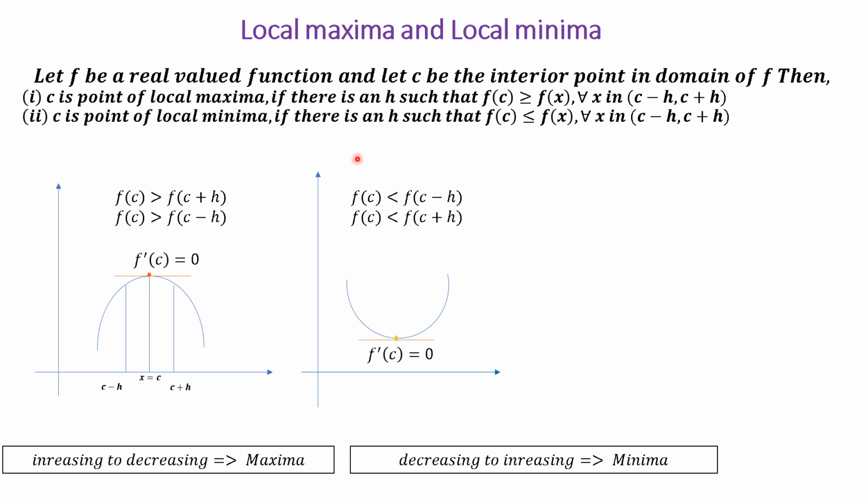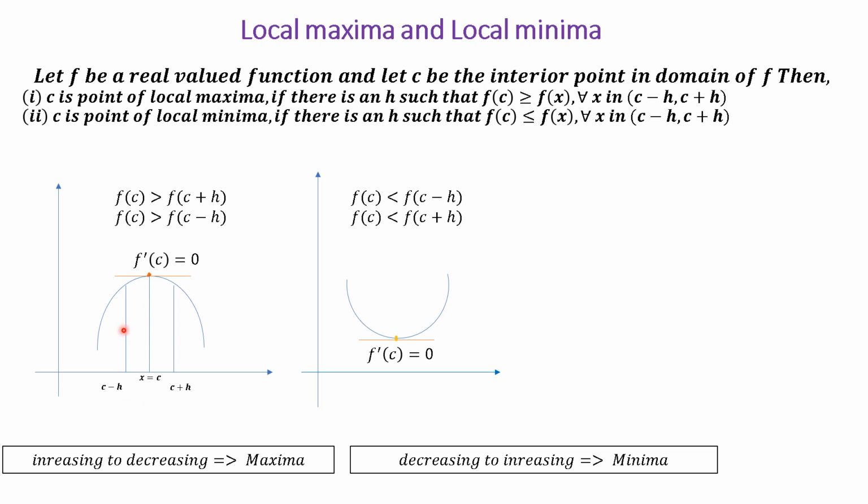It is similar to f of a is greater than f of x that we studied in case of maxima in the last video, isn't it? Here C would be the local maxima if this definition follows. That means the value at C is greater than or equal to anything else, and here we are talking about the restricted interval or restricted domain C minus h to C plus h where h is greater than 0.